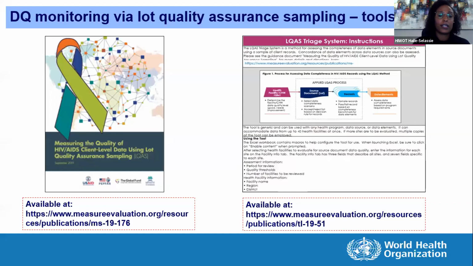In terms of the tools, just to say, there are very good tools already out there developed by partners that we're suggesting countries look at. And so there's this manual that's developed by Measure Evaluation that goes into the methodology. We do recognize that some of the challenges in using this is that there is less implementation experience of applying this approach to viral load. It's often used for HIV treatment data. And sometimes the sampling and setting the predetermined data quality standard can be a little tricky. But there's very good guidance out there, and also a series of Excel tools that countries can use and adapt.